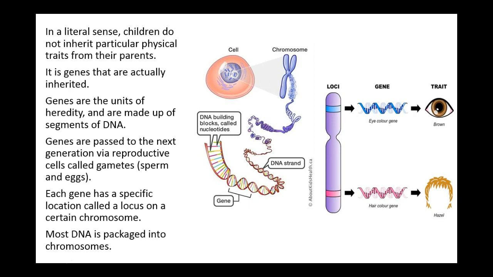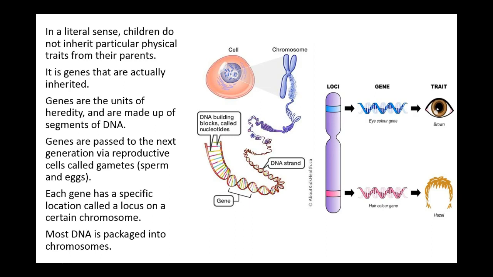I don't want to say eye color, even though I have eye color here, because it can be, but I guess we can say it with eye color. There's a particular spot on that chromosome that when that is passed on, the eye color, as long as it's dominant, will be expressed in the baby. And that's this word called locus or loci, depending on whether it's singular or plural. And those are found throughout the entire chromosomes, the entire genome.